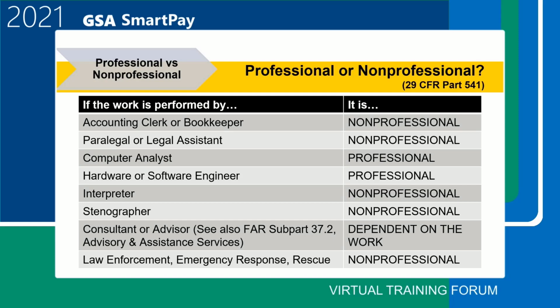And the term primary duty means that principal, major, main, or most important duty that they perform over 50% of their time. So running down this list quickly, the account clerk or bookkeeper performs routine work and does not typically require a 4-year or advanced degree. Now, certified public accountants generally meet the duties or requirements of the learned professional exception. In addition, many other accountants who are not CPAs but perform similar job duties may qualify. However, clerks, bookkeepers, and other employees who normally perform a great deal of routine work don't